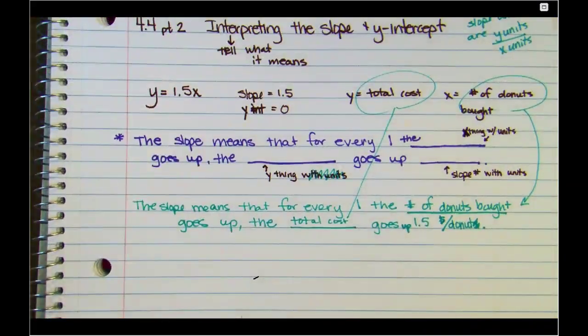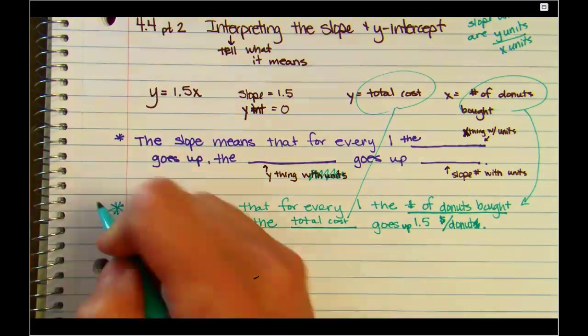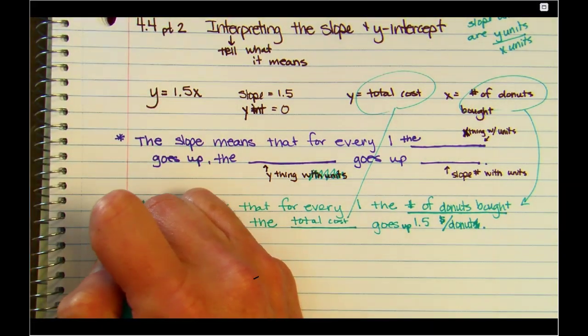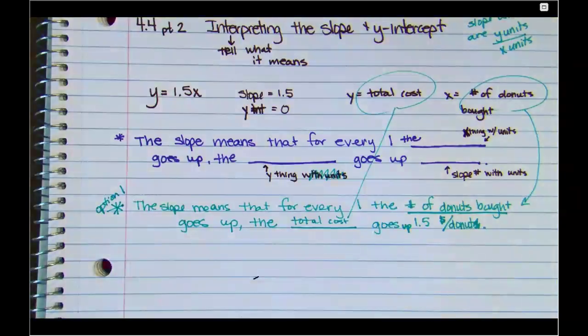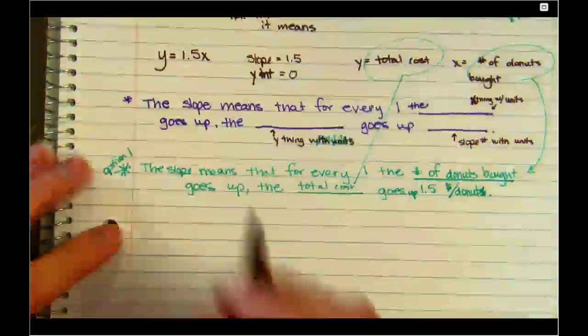Okay, now, I gotta think about this. This is not my favorite way to do this. It really isn't. So I'm going to give you an option. Ooh, this makes me nervous. Okay. This is option 1, which is to learn the sentence. Some people cannot do the other way that I'm going to tell you. So that's why I am going to give you 2. Okay, option 2